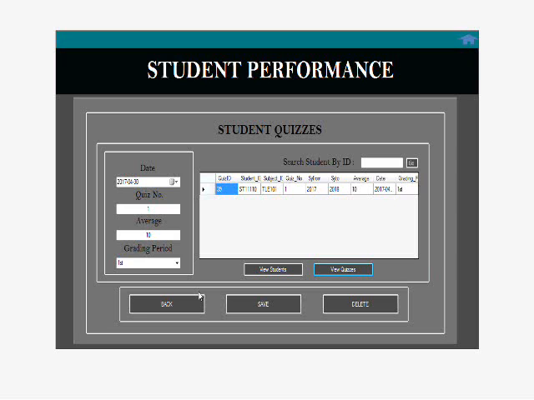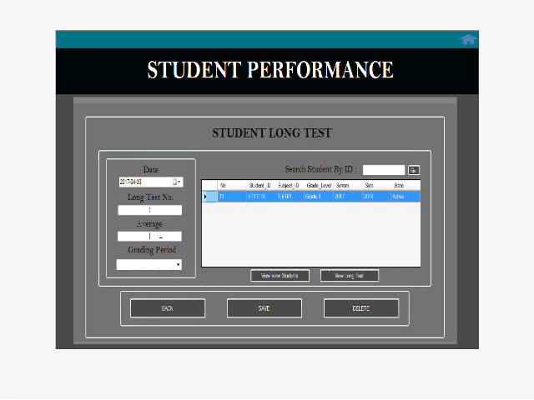Next is long test. So just click student, enter long test number, average 8, 29, first grading, and just click save.